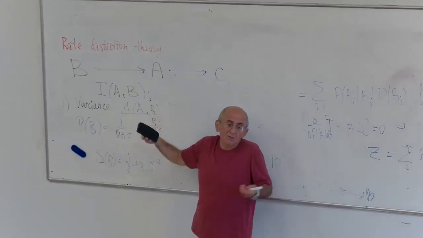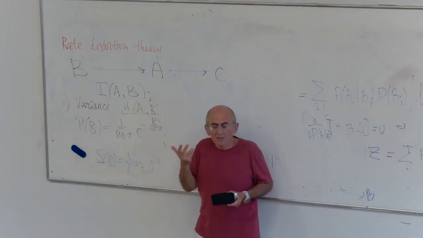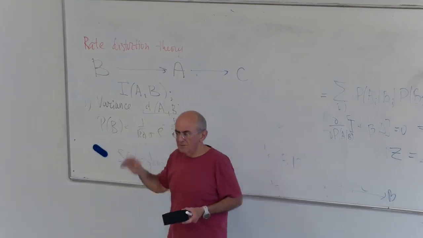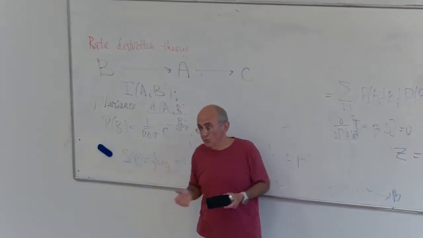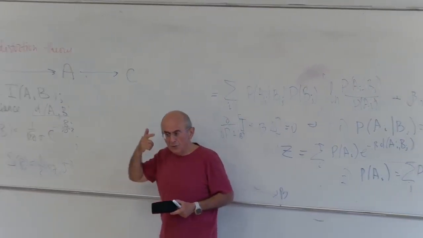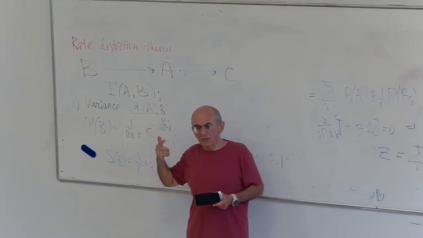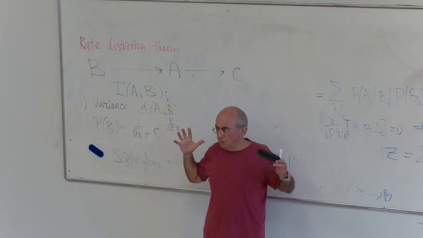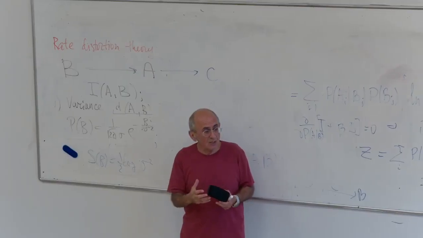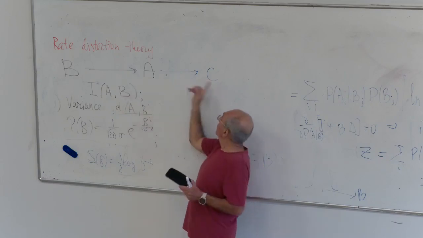And what you really want, this is your device, it's given, so it has many pixels. And usually, our eye gets 10 to the 5 bits per second. A normal smartphone camera gets the same amount of bits per second. It's really huge, right? You don't need it to process. We know that neurons, the first generation neurons of our eye, send between 20 and 50 bits per second to the brain, which means that you need to do a huge compression. All the science is about compression. How little information you really need, but now not to encode in A. A is still a lot, but encode in C.